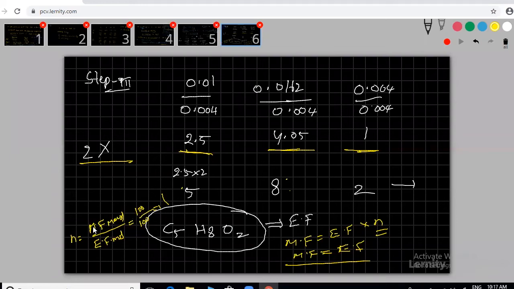Empirical formula. The n value is molecular formula mass by empirical formula mass. The empirical formula mass we calculated, and this also will be 100 only, and the molecular formula mass they already gave as 100 in the problem. Then take the ratio, and you get the n value to multiply. I am getting the n value as 1, sir. So you multiply, and you will get molecular formula equal to empirical formula. Yes, if empirical formula equals molecular formula, then whatever we are getting is the only answer.